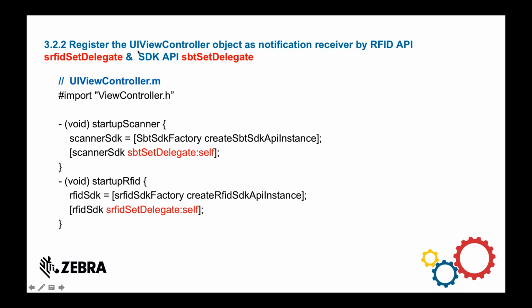So next, you need to register the UI view controller object as the notification receiver by API. So use the RFID set delegate API, and for the scanner, you use the SBT set delegate API. So in your view controller.m implementation file, you need to register for notification by the SBT set delegate API to your UI view controller.m. And in your start RFID code, you also need the set delegate. Last step,